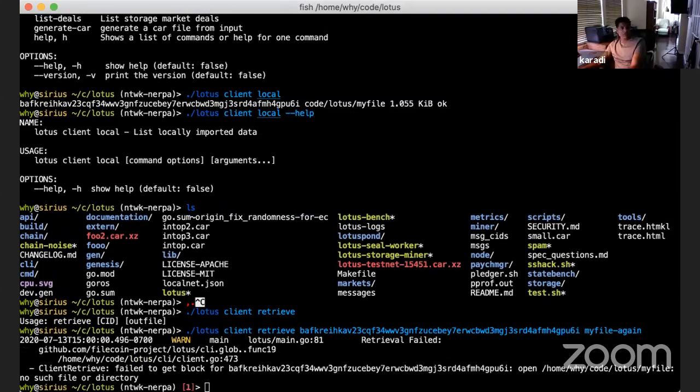So whoopsies. I think what happened there. That's a similar failure to one that we have an open issue for. So it looks like we have some work to do. Yep. Anyways, as I was saying, the retrieval client built into Lotus is the worst possible one, as evidenced by